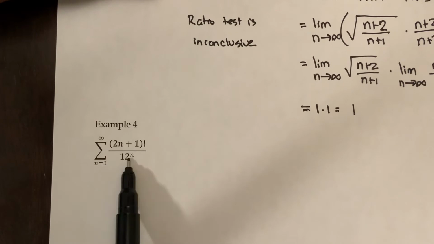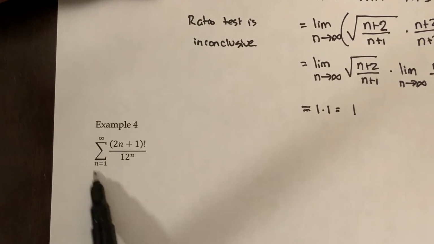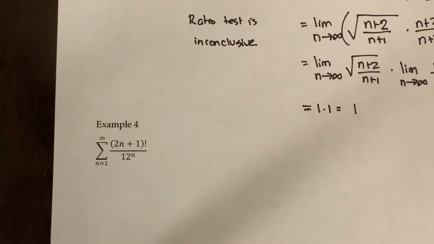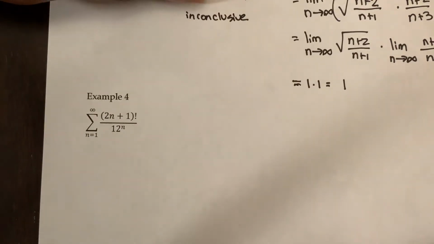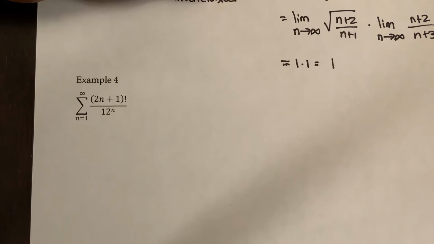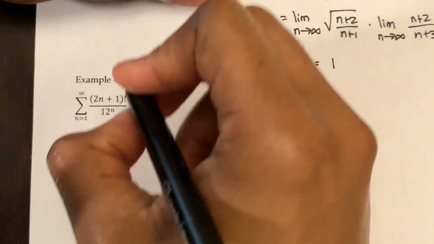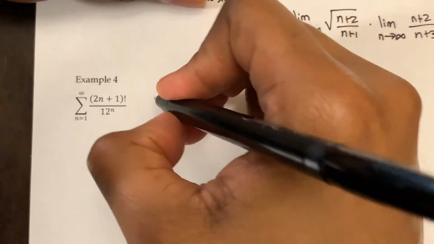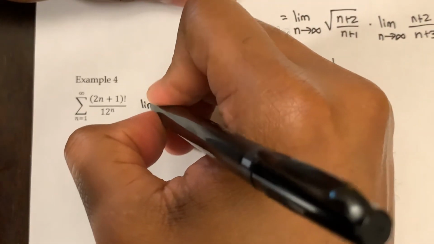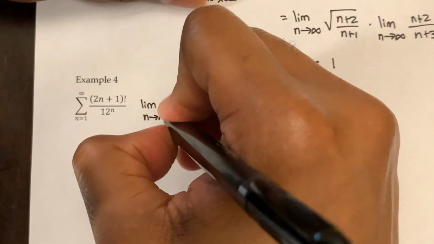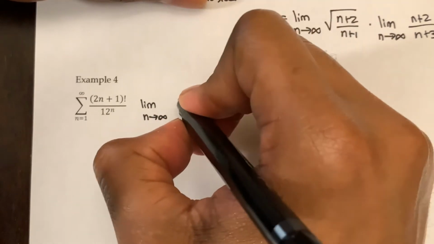It's hard to know what happens when n is small. This series converges very quickly. So instead of using a handful of numbers to see a pattern, what we're just going to do is directly apply the ratio test again. And so it's the same process where we have the limit when n goes to infinity. And this time we're going to have